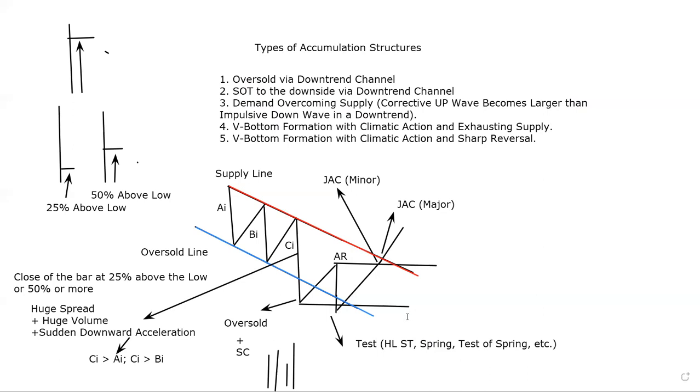Okay, make sure that the test of this region will have either, what kind of test we have. We will either see no demand in the test. Okay, you know already what kind of test you can see. No demand, or we will see EVNR, effort versus no result, or we will see, let's suppose, spring, okay, or we will see key reversal. Got it? These kind of tests we will see right away. But remember that the testing volume